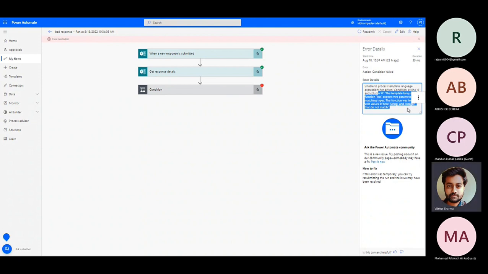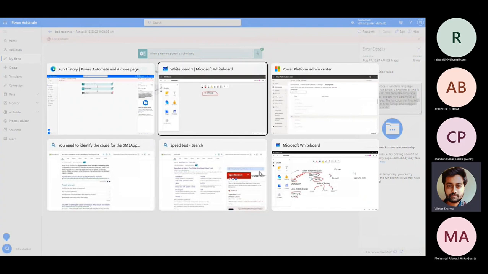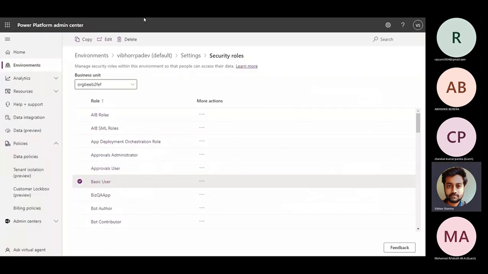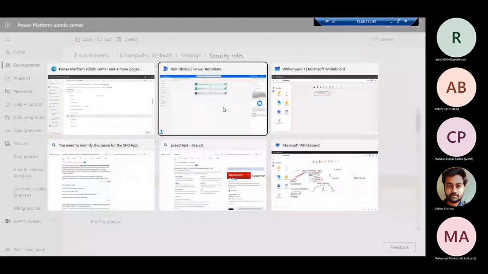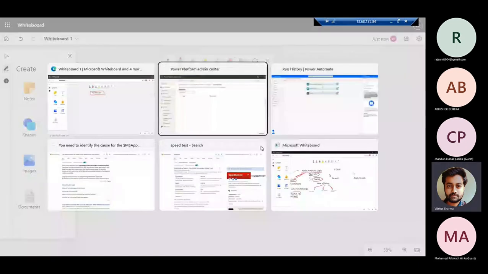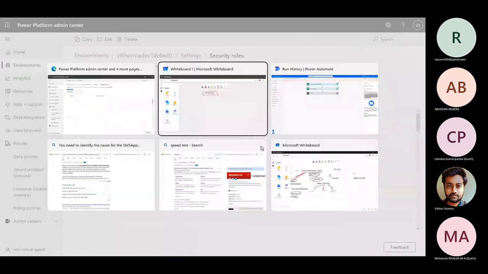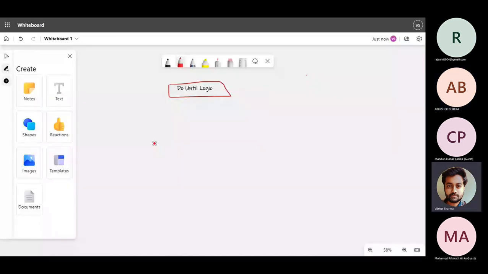Okay. Now the next thing that we have in line is learning about another type of logic that can be applied. This type of logic is known as a do until logic. Can you guys hear me? Hello? Yes, sir. You can hear me, right? So the do until logic will state that